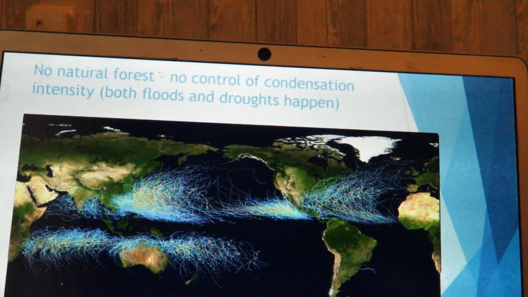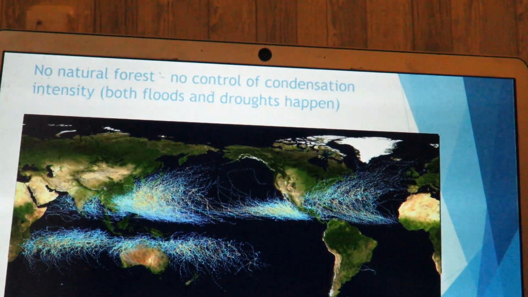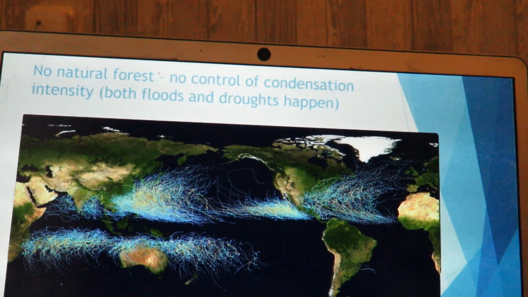So the forest not just makes the water cycle on land richer, on average more intense, but it also guarantees